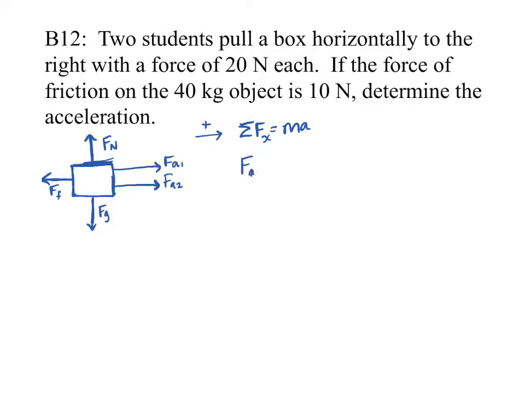Okay? So I know my first applied force is going to the right. I know my second applied force is going to the right, so I'm going to add it. And then I know my force of friction is going to the left, so I'm going to subtract it. That's net force, you guys. It's the sum of all the forces, but make sure you put in a minus when something's going the opposite direction. So that's my net force in the x direction. Okay, you can't pick and choose. You need all the forces that are at work in the x direction. And I have those now. And that is equal to mass times acceleration. Okay? Easy peasy. If I want acceleration, I just take this and divide it by mass.